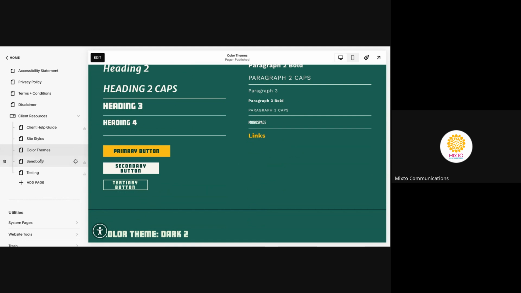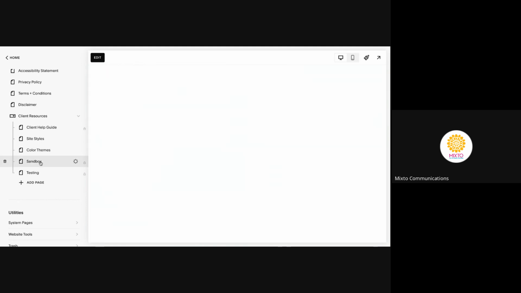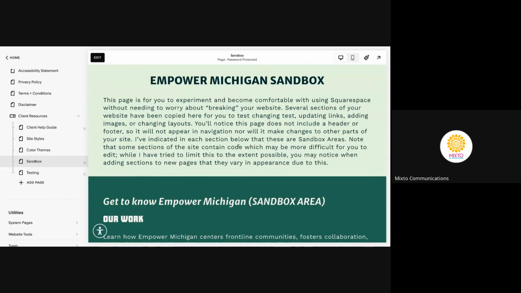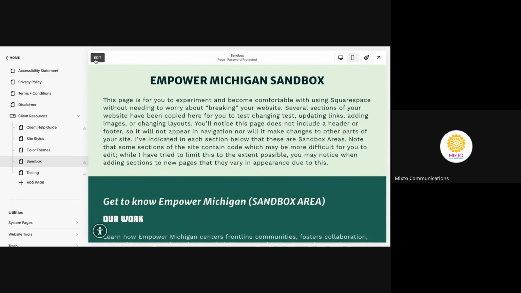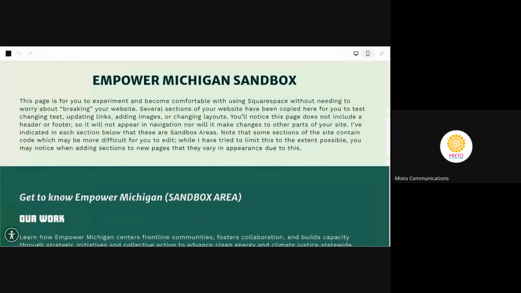But the other important piece down here is called Sandbox. And so I created a sandbox, and the only place you will access Sandbox from is when you are logged into Squarespace. So you shouldn't be accessing it outside of Squarespace, because this is your testing ground. This is where you get a chance to experiment and play around with Squarespace without having to worry that you are going to break your website. So when you're logged into Squarespace, if you come to this page, you'll see it says edit up here. And if you click on edit,